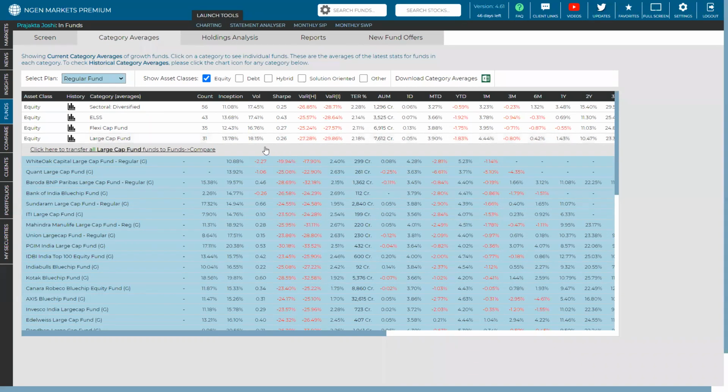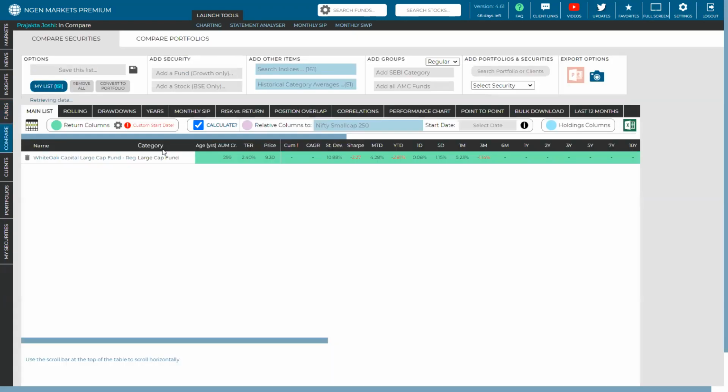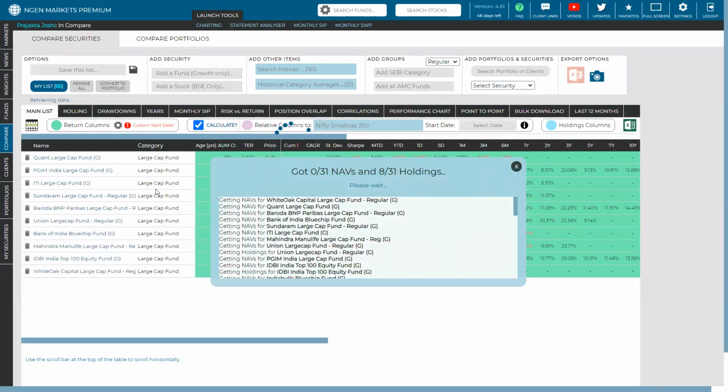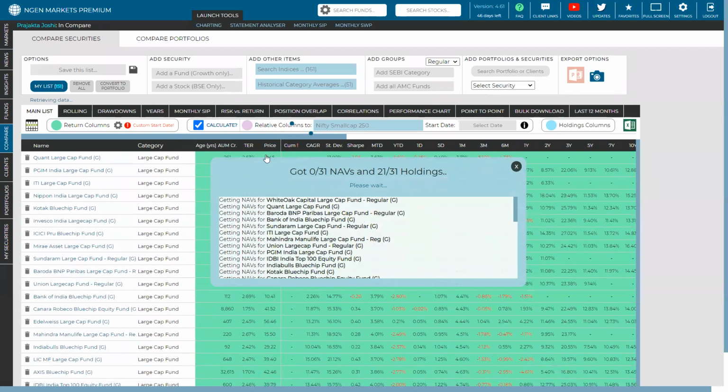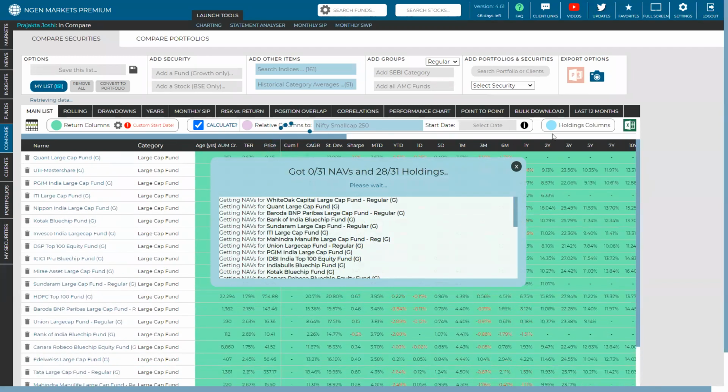Now, let's say you want to analyze this further. You need to just click on this button, which will transfer all of these large cap funds from the fund section to the compare section within a matter of a click. Once I do that, all of this gets added here. Once all of the 31 funds come up, you can then perform the analytics with respect to the tracking error